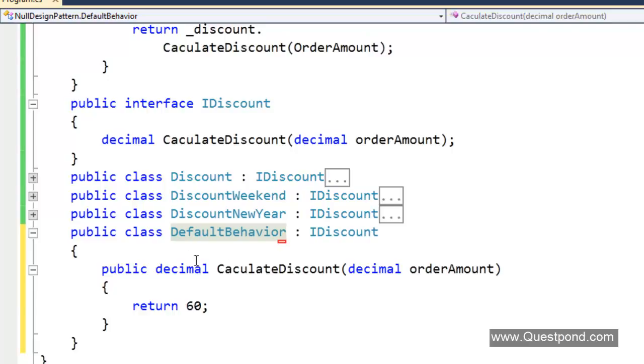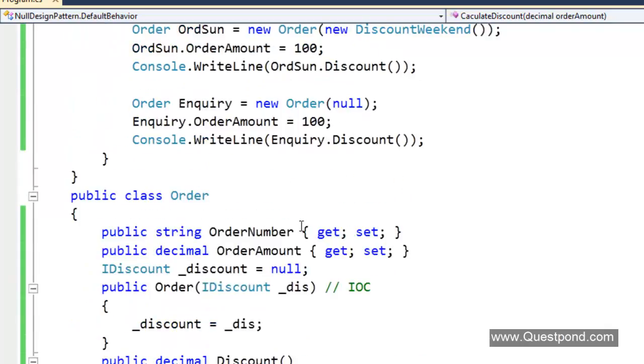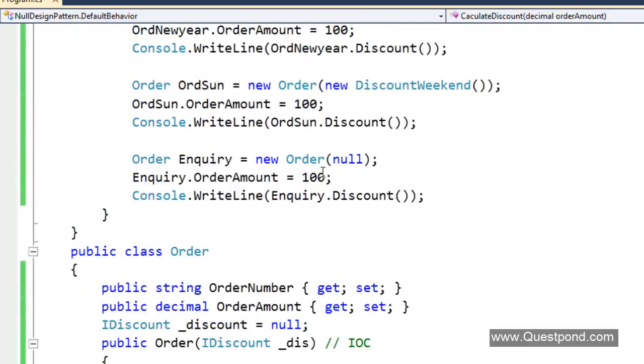So I'll say that, okay, when you want to just go and bypass the discount object, you will get the discount as 0, right? So now what I can do is I can say that, okay, for this kind of situation, rather than passing null, we will actually pass this default behavior. So now our program will not crash in this case, right? So now if I go and run my program,